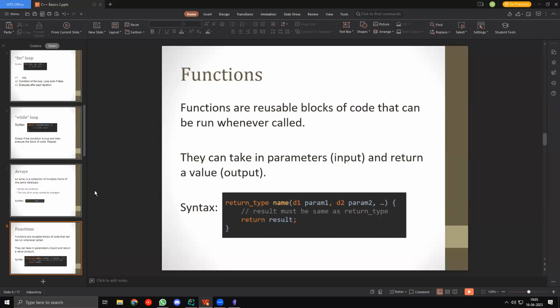So the next thing that we are going to be discussing is functions. Functions are pretty simple. Functions are basically just reusable blocks of code that can be run whenever called. And as I discussed, a block of code is just anything inside a scope, right? Which basically means